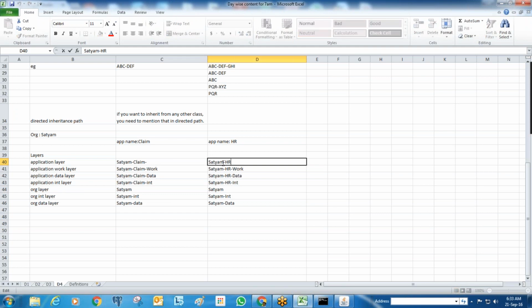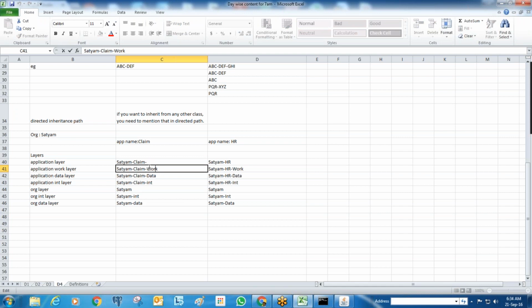So if you see here, in each and every part, Satyam is one of the parent classes, which is the organization rule set, the organization layer. That is why if you save any rules in this organization layer class, any application can use it, because the class name is the same. So Satyam is one of the parent classes for all these application related classes. Here the climb is the application name, Satyam is the organization name. So it is inheriting from the organization name. That means that the climb application can use all the properties, all the rules from the organization rule set.